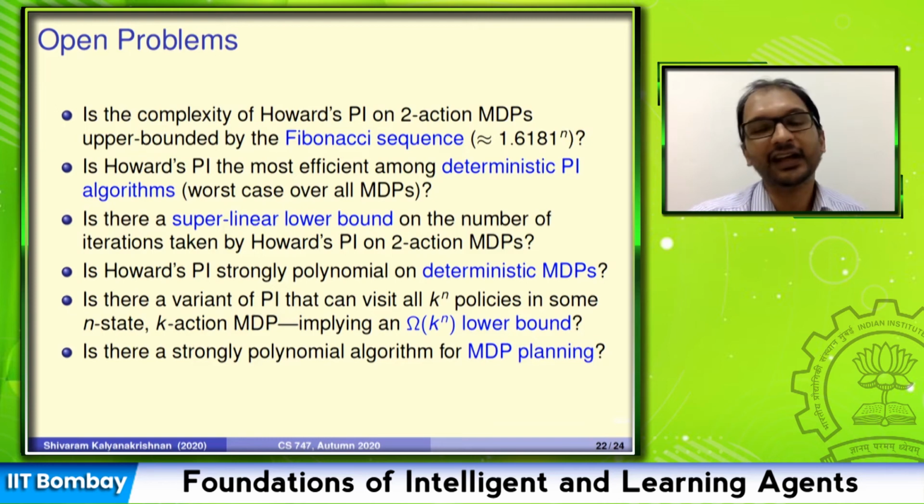There's no proof. So one question is, amongst all deterministic policy iteration algorithms, is Howard actually the most efficient? If such a claim is proven, then it will follow that the bound that we've shown for batch switching policy iteration also holds for Howard. But again, this is a hope or a conjecture or a claim. It's not really a proof yet. Okay, it's not a proven result.